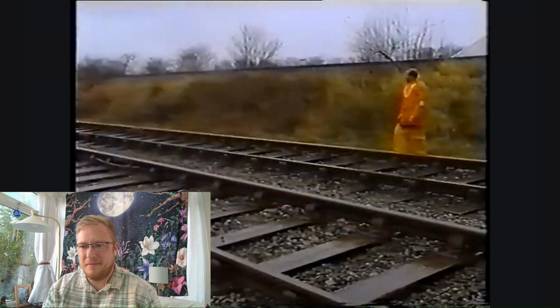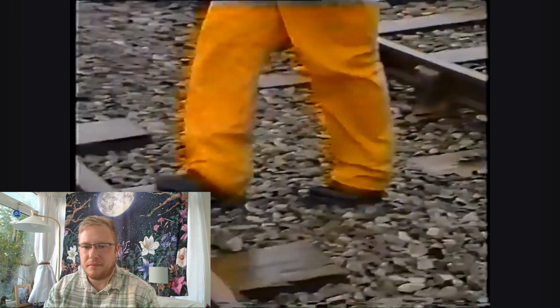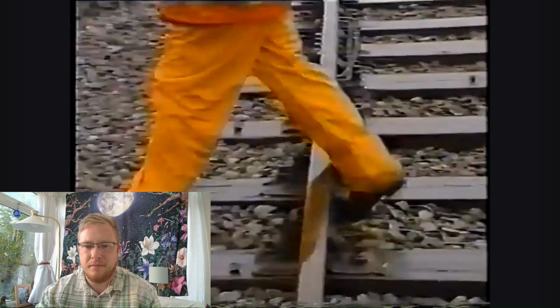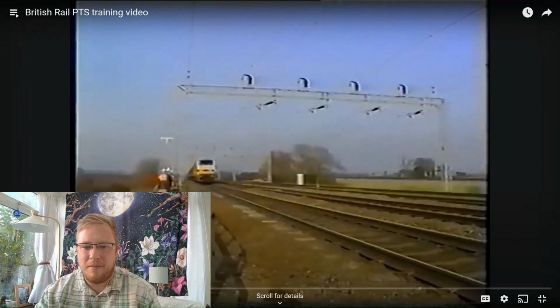When walking across the track, avoid points and crossings, and for safety, tread on the ballast. Do not tread on the sleepers or rails. They may be slippy. And when a train does come...